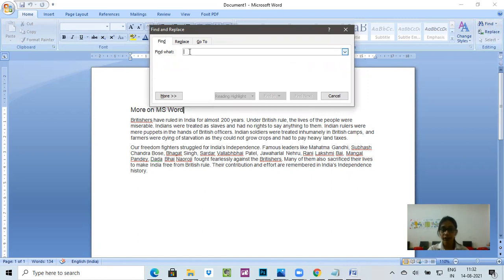Like I want to find the word independence. I have to click on find next and see, it has searched the word for me. This is how I have to find the word. It is a very easy thing.